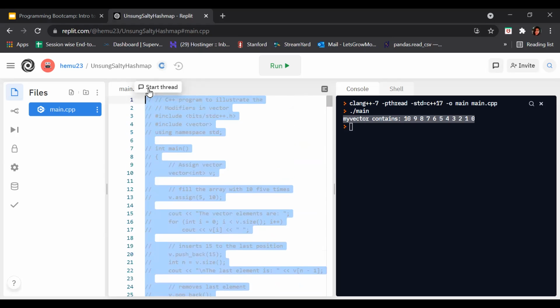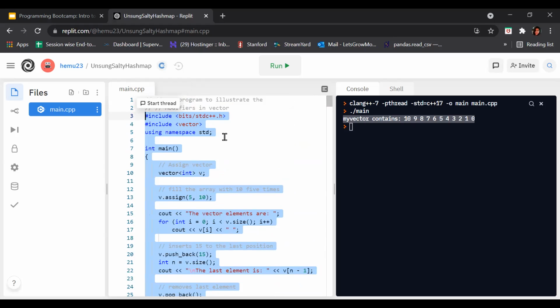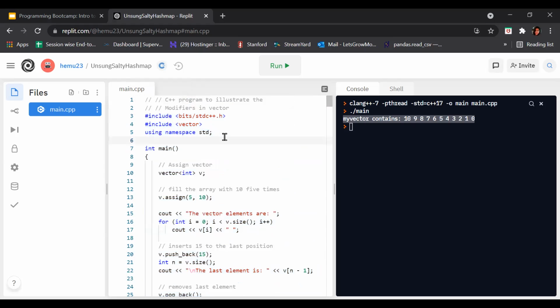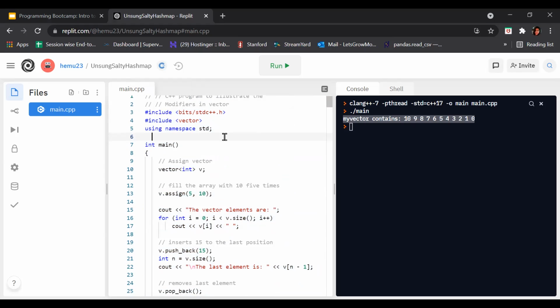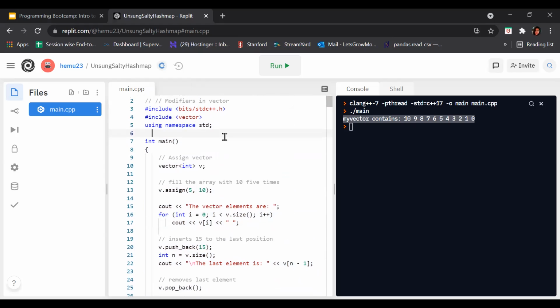Guys, again I am telling you, make sure you do it on your own, in order to get better at studying. So yeah, here we can see the modifiers of vectors.